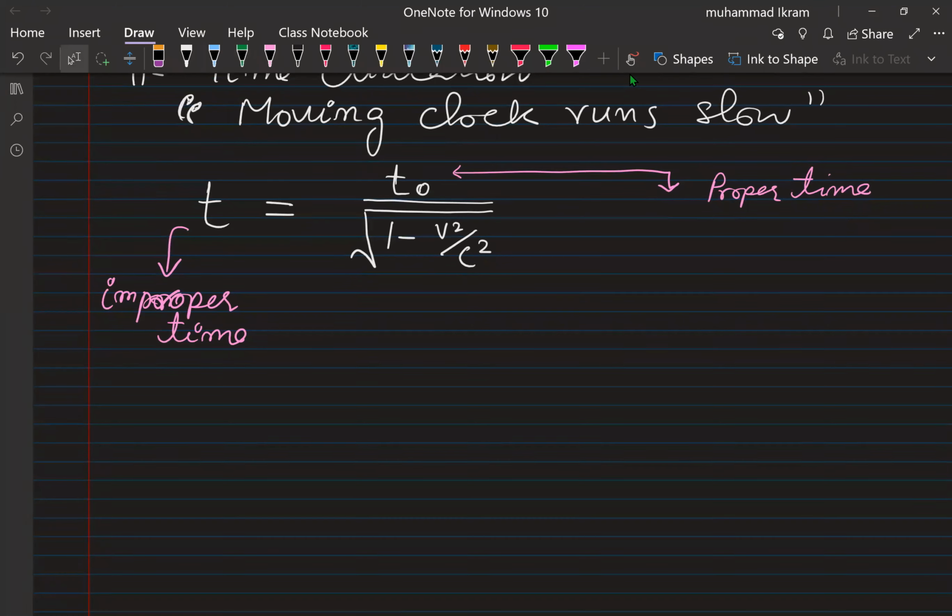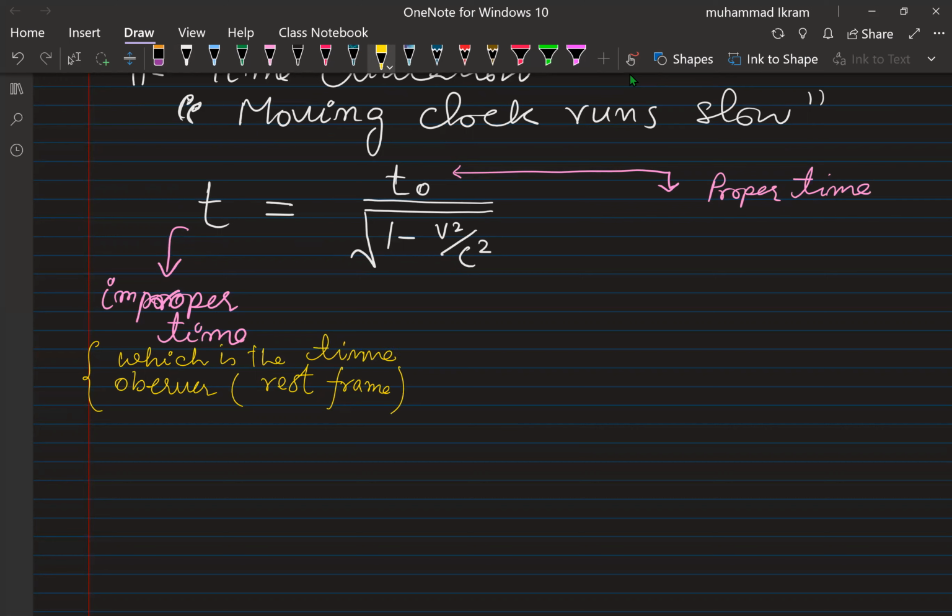This is the time, the improper time, which the observer measures. For example, let us suppose in the rest frame, the observer in the rest frame, that is the time which the observer in the rest frame of reference